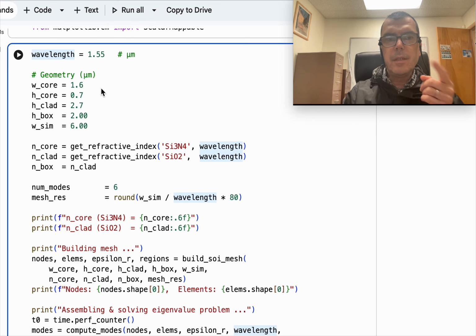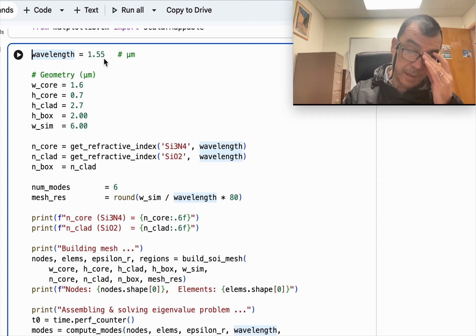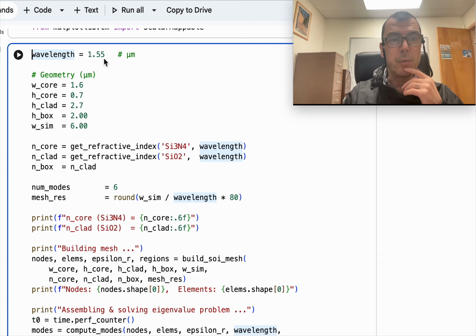So in this solver, all the dimensions are given in micrometers. So when you say wavelength is equal to 1.55, it means the wavelength of the laser is 1.55 micrometers. So here the geometry parameters: the width of the core is 1.6 micron, the height of the core is 0.7 micron, the thickness of the cladding is 2.7 micron,